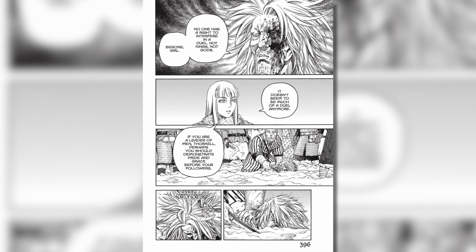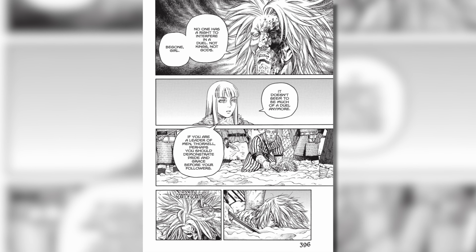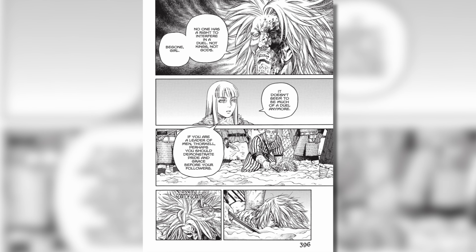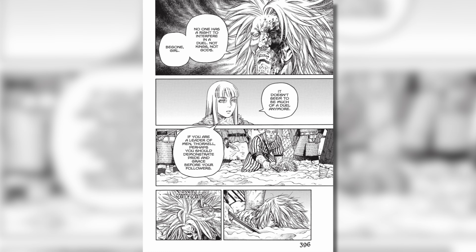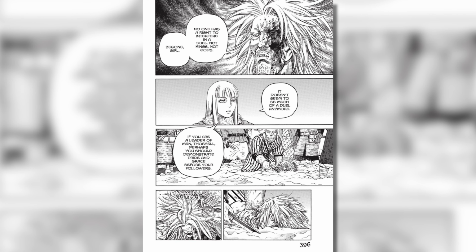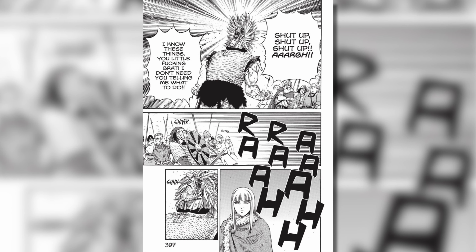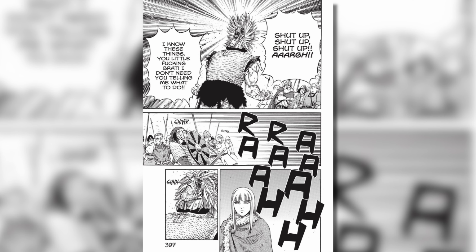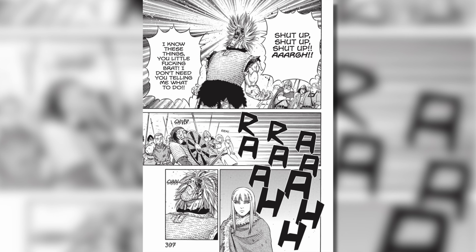The conversation begins between Thorkel and the prince. No one has the right to interfere in a duel. Not kings, not gods. Begone, girl. It doesn't seem to be much of a duel anymore. If you are the leader of men, Thorkel, perhaps you should demonstrate pride and grace before your followers. To which Thorkel screams, Shut up, shut up, shut up! I know these things, you little brat. I don't need you to tell me what to do. And he takes a big breath before saying,